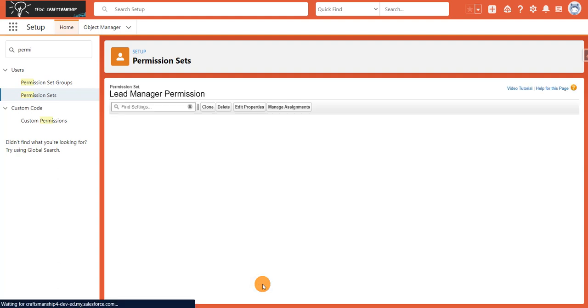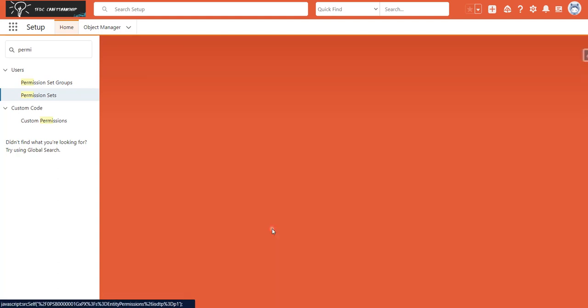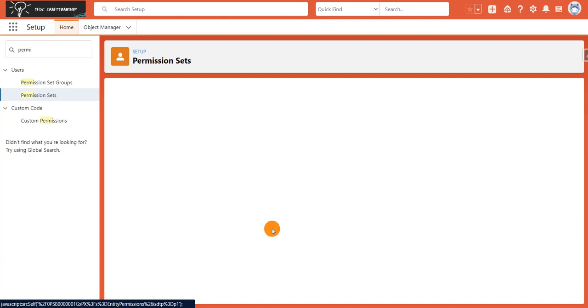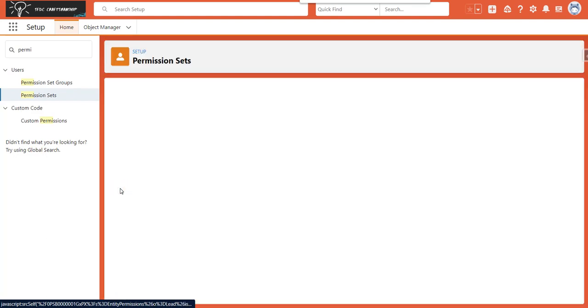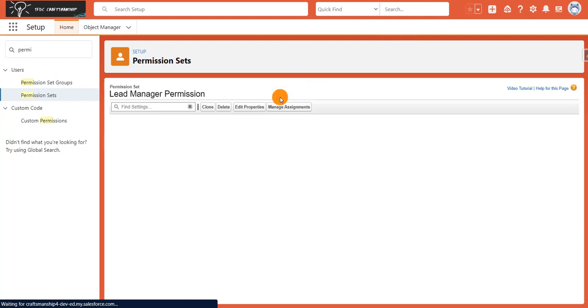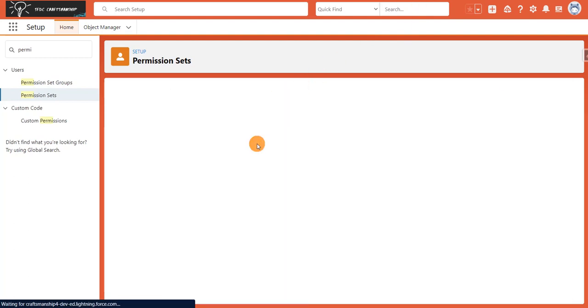Inside this permission set, I'm going to give access to the lead object for creating a lead and editing a lead, and also give field level access to all lead fields. I'll search for the lead object and modify the permissions here. I'll click on edit.